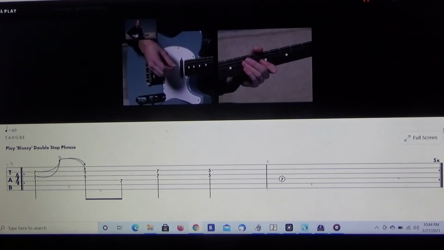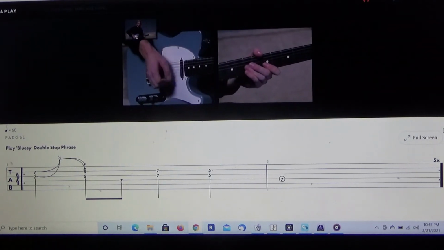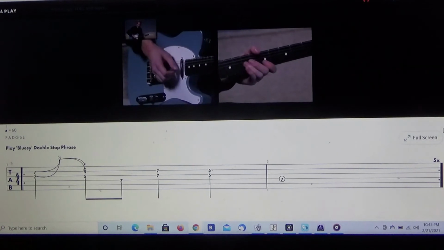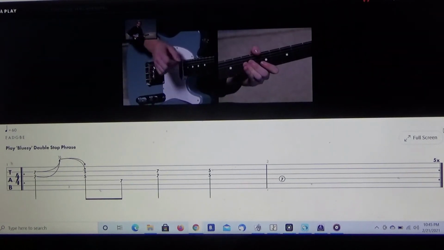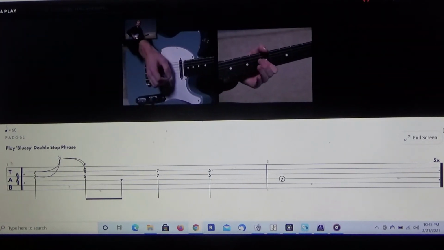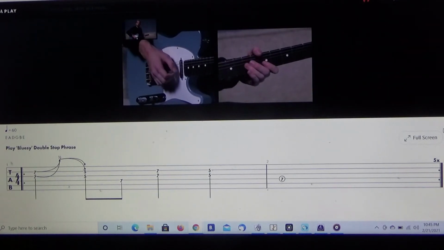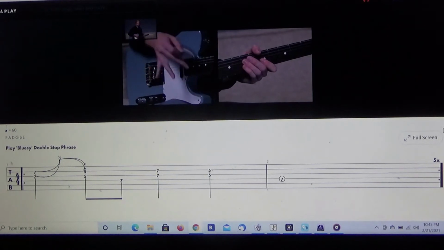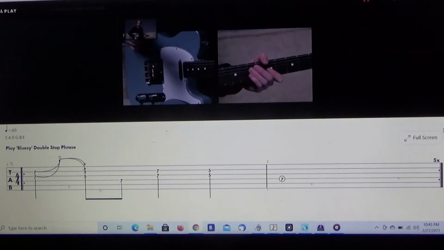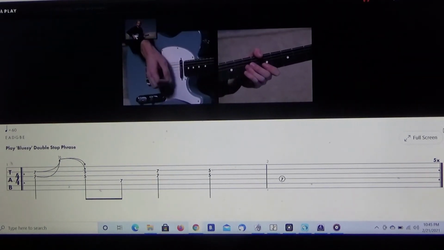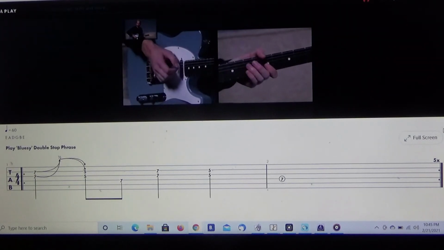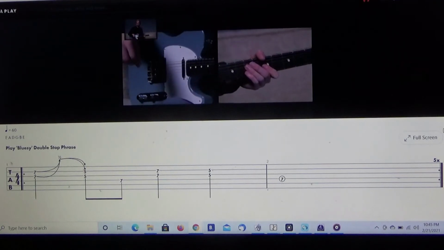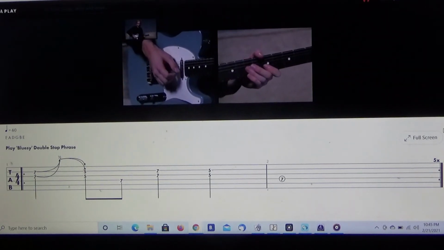The way we can count this, starting with 16th notes, 1 E and for the first beat, 1 E and on the bend, and then 2 and 3, 4, and then 1. So it's a little mixture of 16th notes with some quarter notes. 1 and 2 and 3, 4, 1. Also an 8th note in there on the and of 2. 1 and 2 and 3,